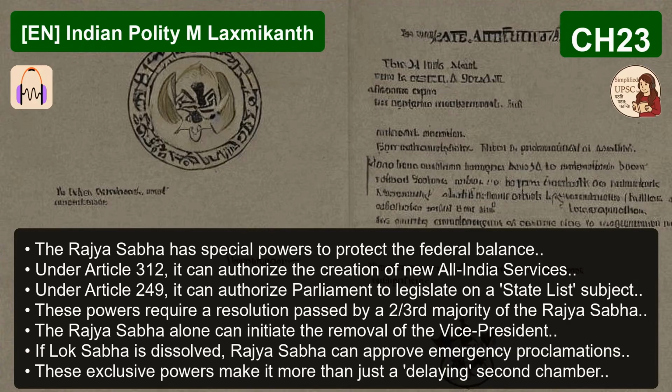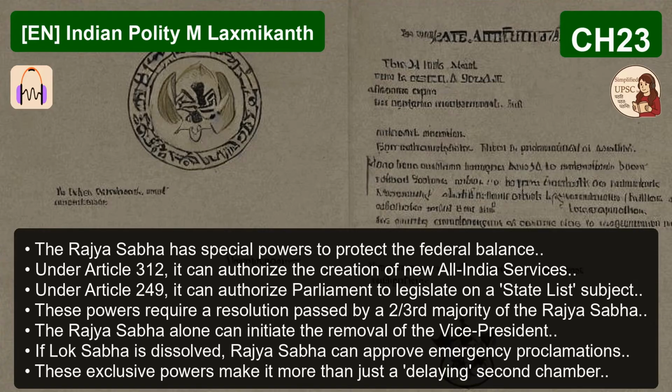Then you have ad hoc committees, which are temporary. They're set up to inquire into and report on a specific subject, and then they're disbanded. And what about the Committee of Privileges? It sounds a bit like an internal affairs division. It's semi-judicial in nature. Its purpose is to examine cases of breach of privilege, that is, the rights and immunities of the houses and their members, and then recommend appropriate action, even punishment. It's a mechanism of self-regulation.